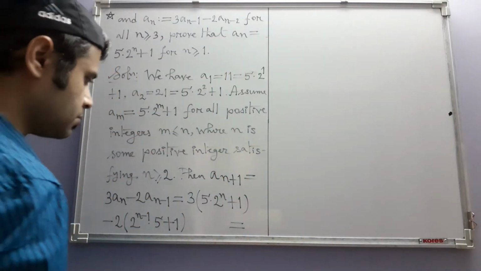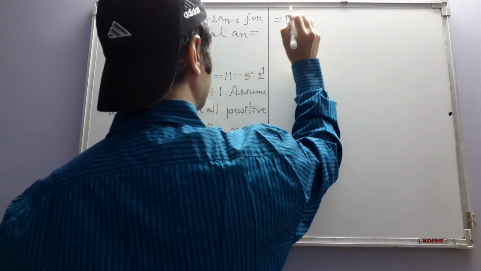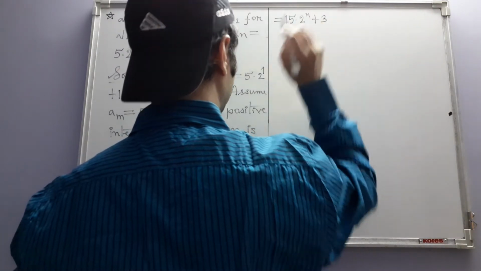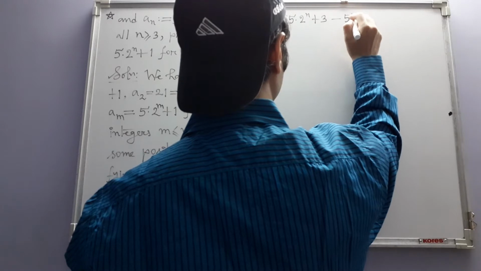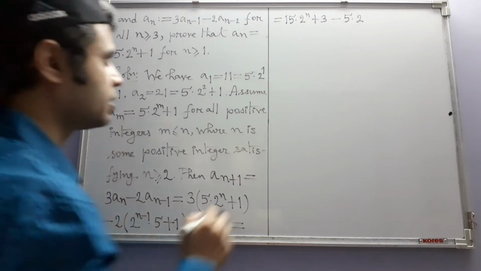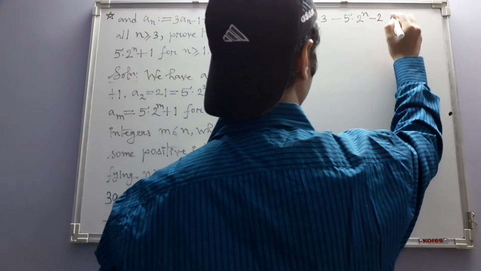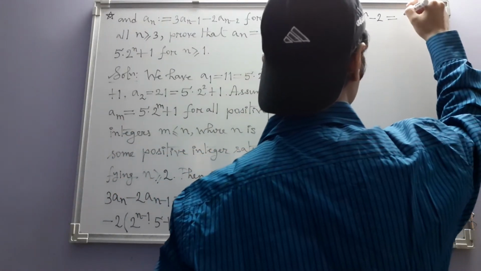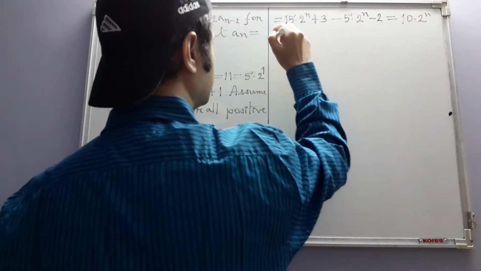Okay, so this thing becomes what? 15 times 2 to the power n plus 3 minus 5 times 2 to the power n minus 1 times 2 is 2 to the power n minus 2. Okay, so this becomes 10 times 2 to the power n plus 1, 3 minus 2,